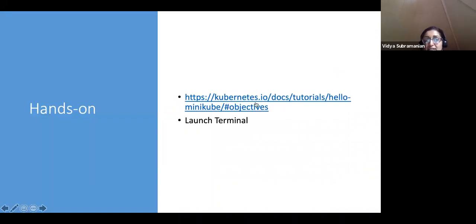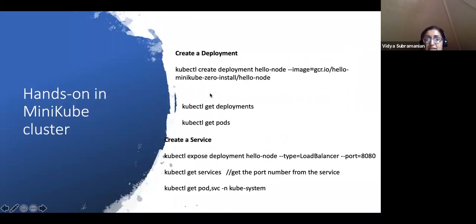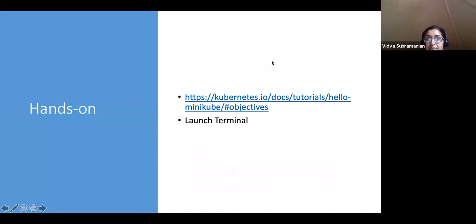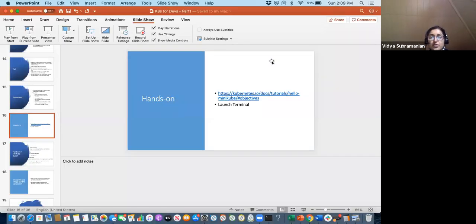With that, let's launch this terminal really quick. I can put this link in the chat window for those of you who want to try this.